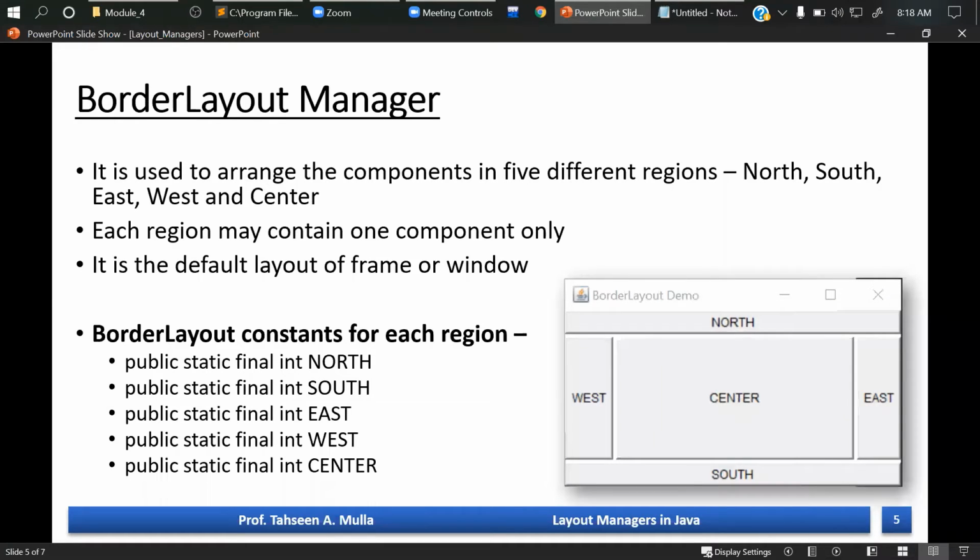So if I create a frame and call the border layout, you'll see that if I name these regions, my frame will be divided into such 5 different regions, right?